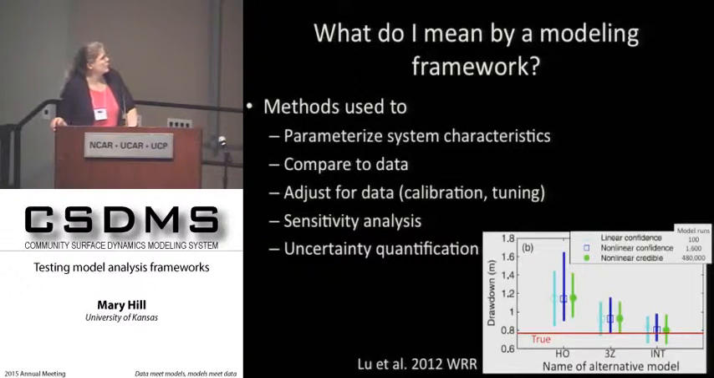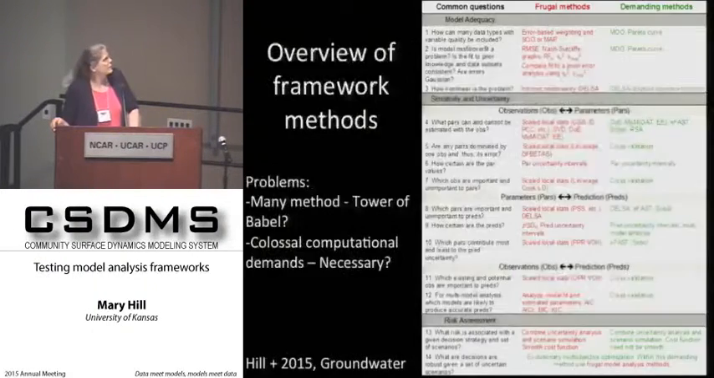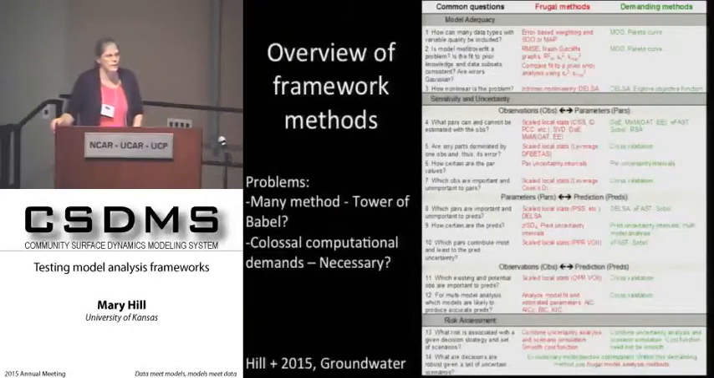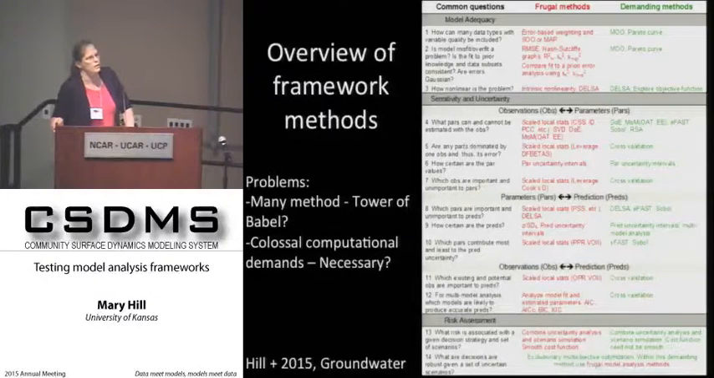Okay, and then there's uncertainty quantification. I'm going to skip over that for now. Okay, basically for these frameworks, these modeling frameworks, there's a lot of methods. And there's an article that I wrote with some others recently that we published in Groundwater that talks about how many methods there are, kind of the Tower of Babel and how it can be confusing to people, and also